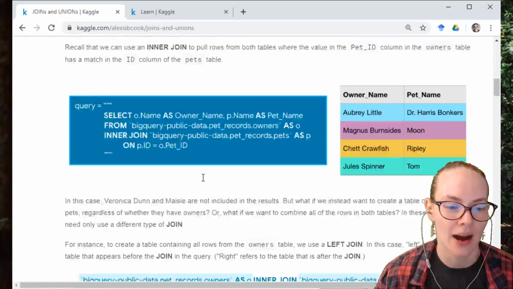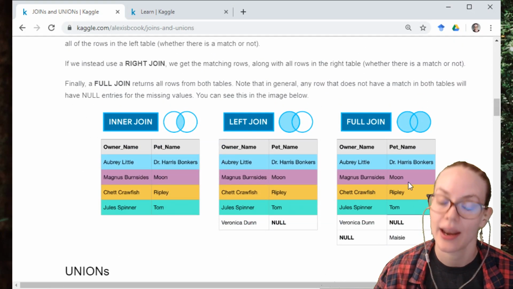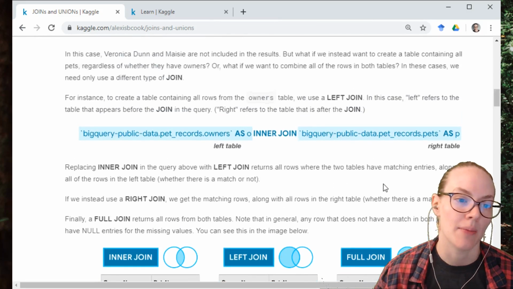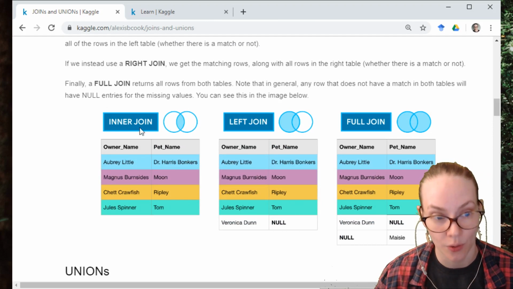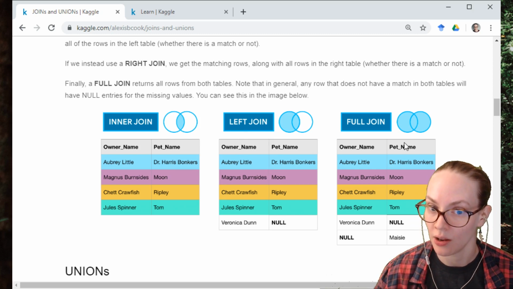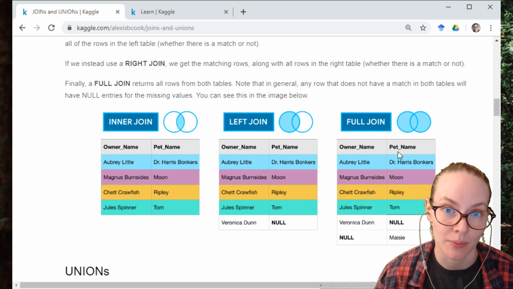Okay. The other type of join is a full join, and a full join gets you all the rows from both tables. And here you can see for all of these, we're only selecting two columns. We're selecting the owner name and the pet name column. If you selected all of the columns, your full join table would have all of the columns from all of